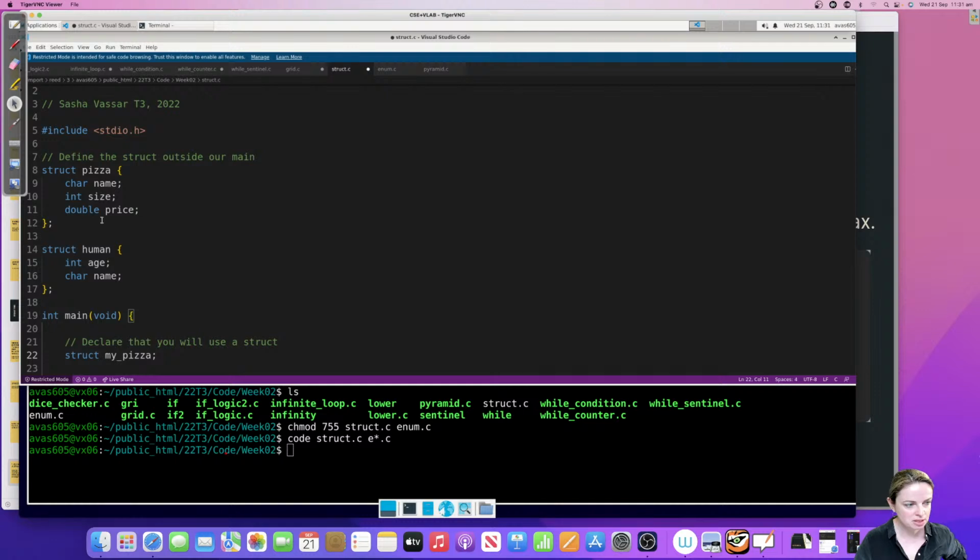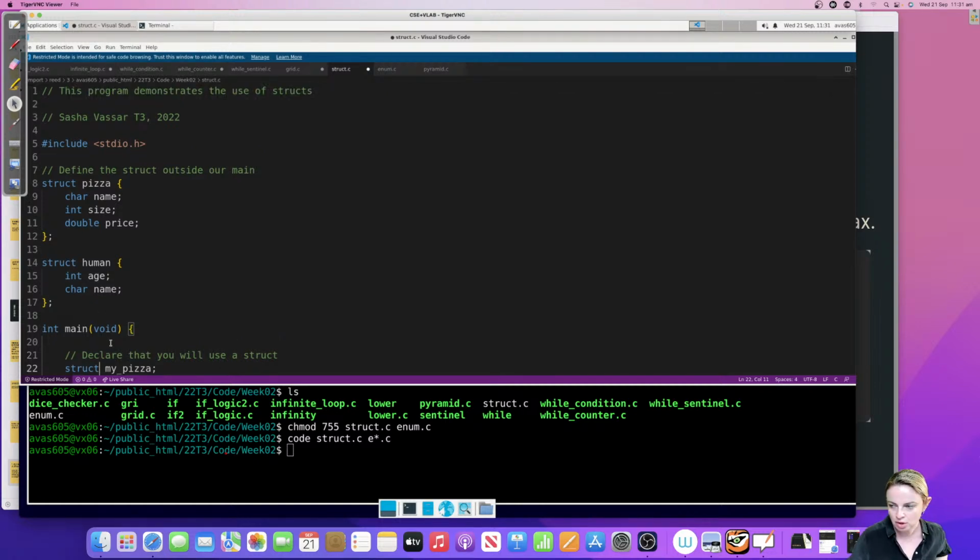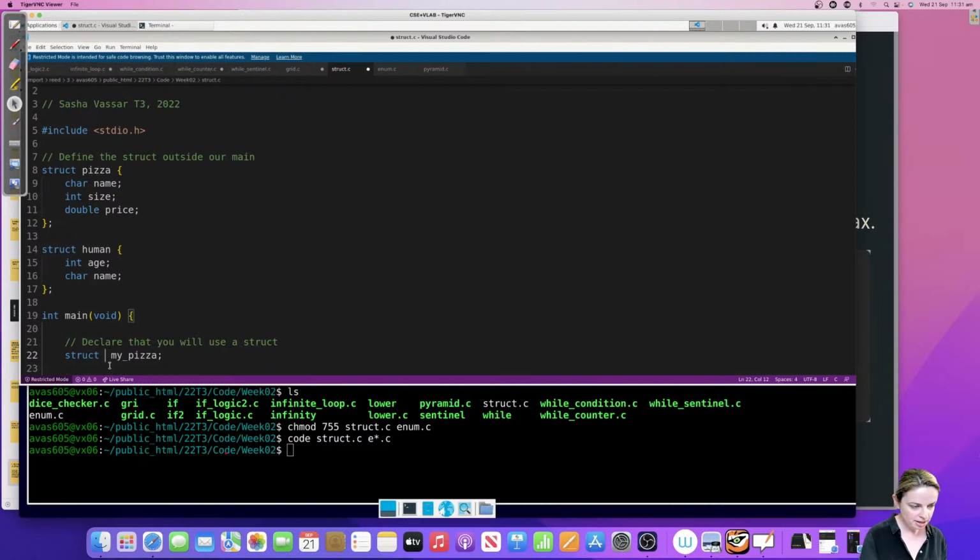Am I using this pizza one, or am I using this human one? The code will not know what you're talking about, because it cannot read minds, contrary to popular belief. So that's why I'm going to say that I want something that is of type struct, and I want the pizza one. And I'm going to call it in my code, my pizza.